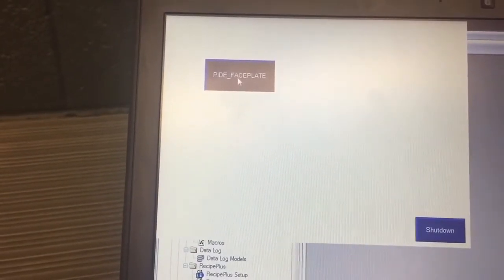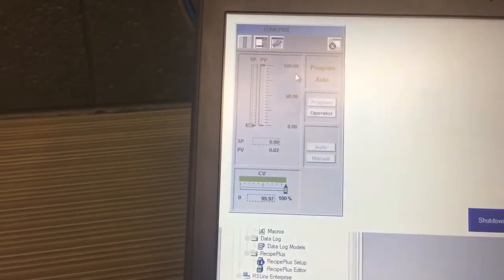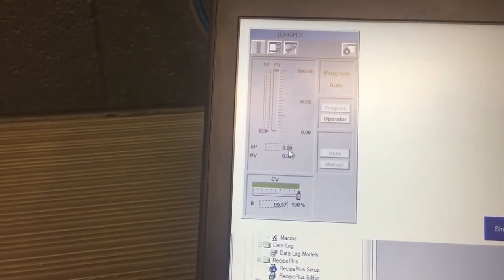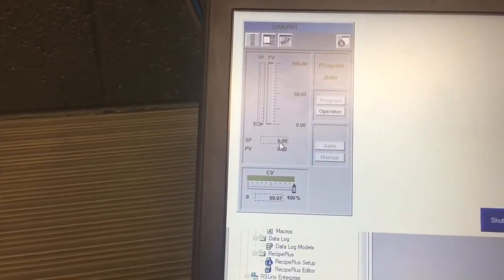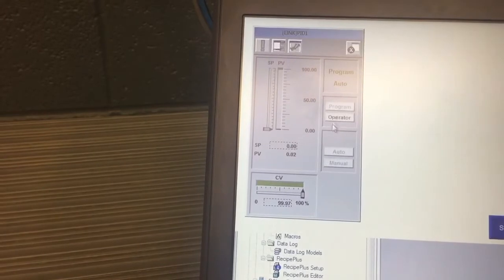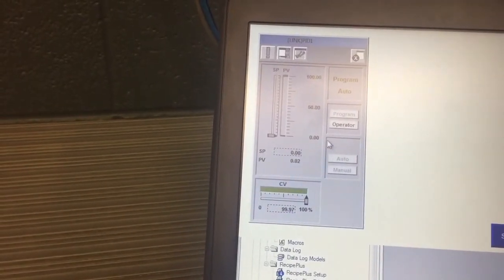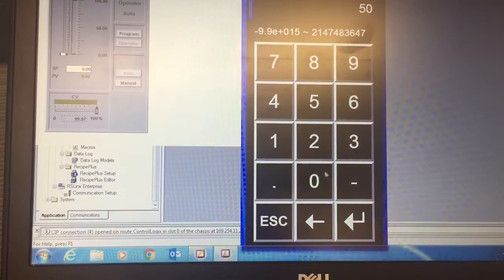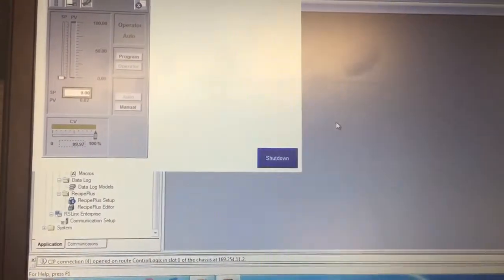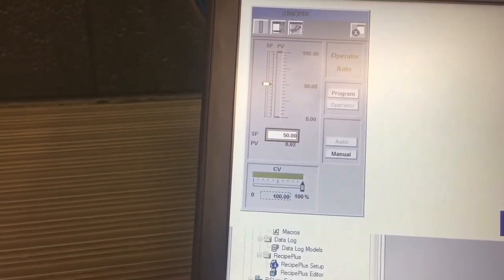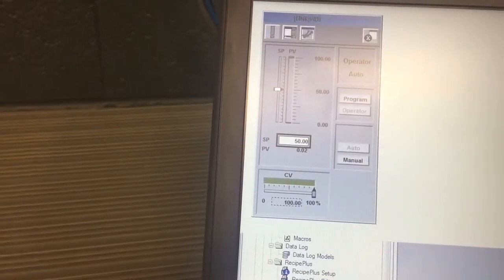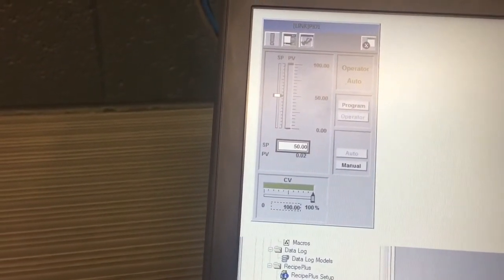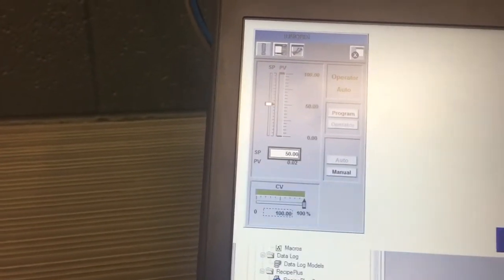If I click on PIDE faceplate, you can see our faceplate pops up. Right now our set point is set for 0. And we are in program mode. If we switch it to operator mode, then now the operator can make a set point adjustment. If we want this to be at 50%, press enter. It should change. 50, enter. There. Now it has written it to the PLC. Went through that link that we created, that device shortcut link, and wrote it to the tag that's in our